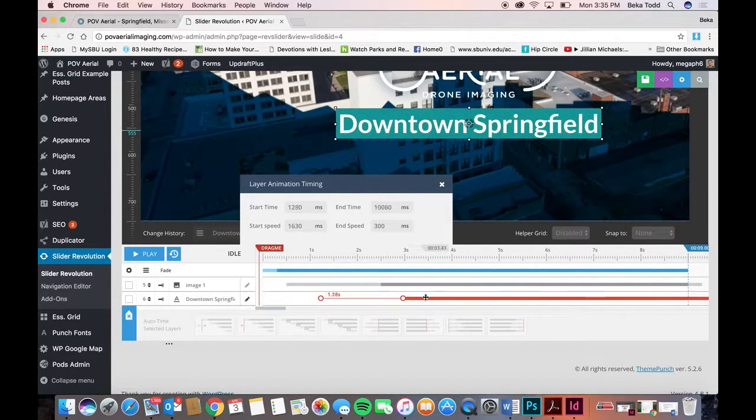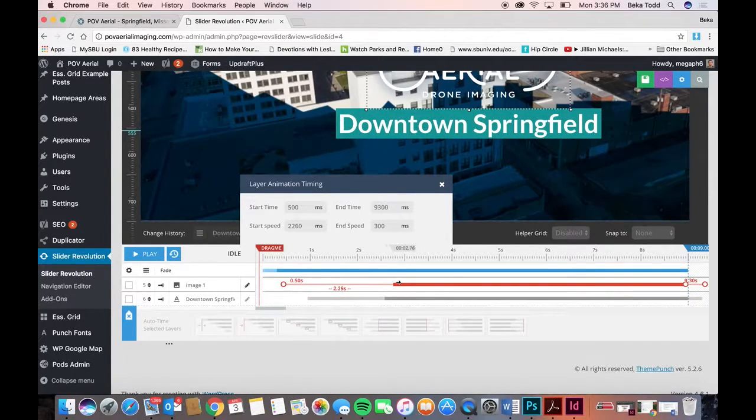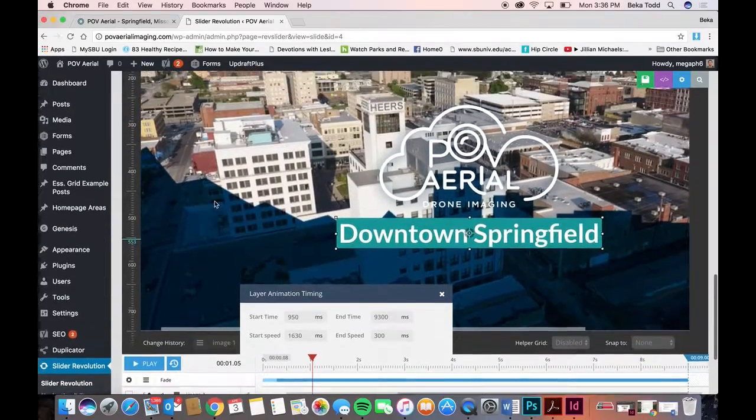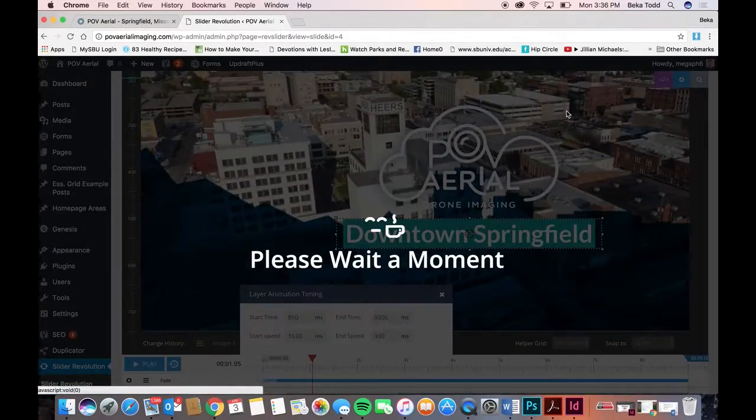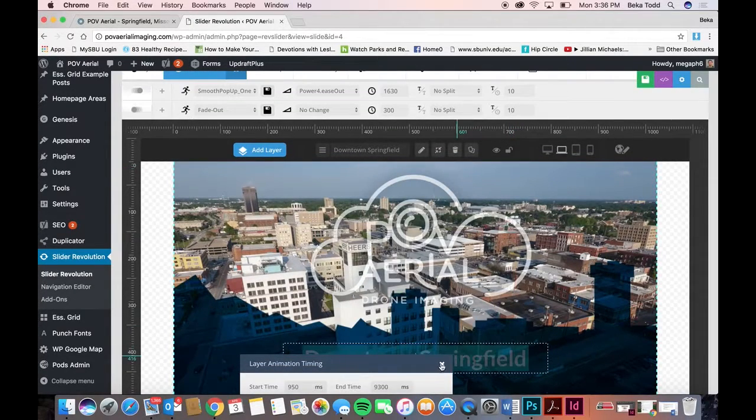And then if you drag it, you can change how long before or after which element. So whichever element you want to come first. And then you can preview it. And you always want to save your slide, and then you move through each screen size and make sure that